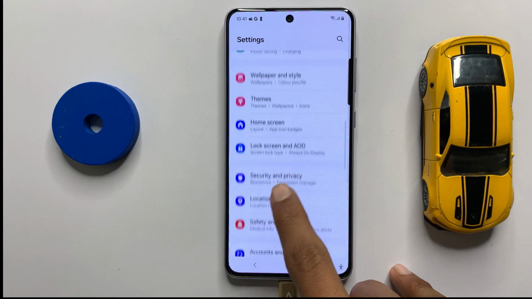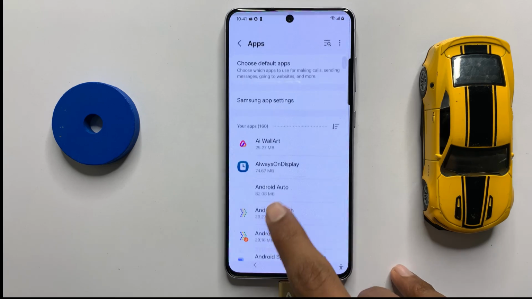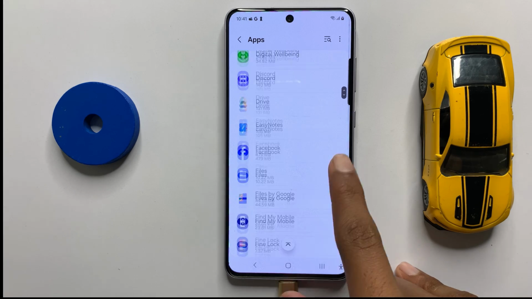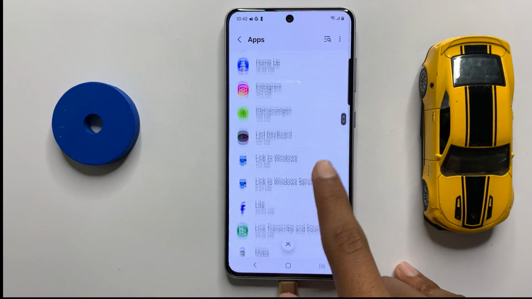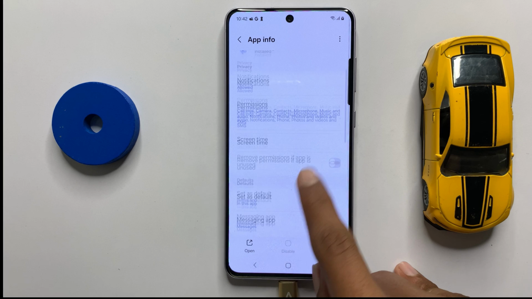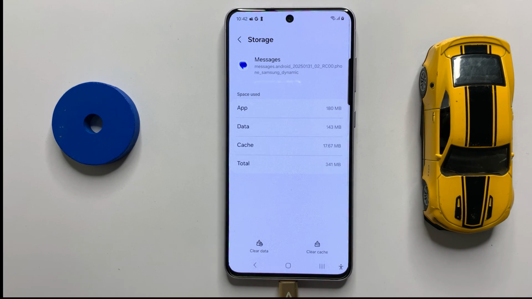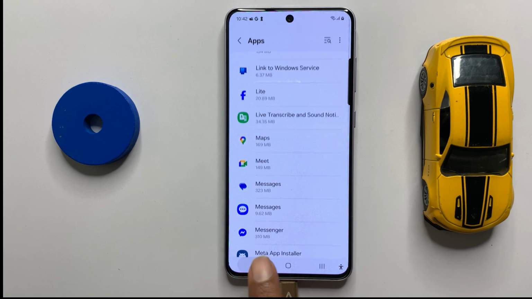scroll down and click on apps, and then scroll down and open messages app. Now click on storage, and here you can clear the cache memory of messages app. After clearing the cache memory and data of messages app, then go back to the main page of your settings